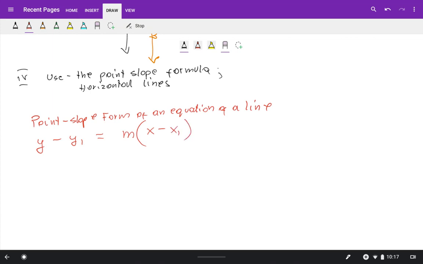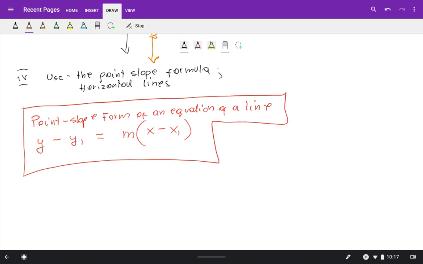This is point slope form of the line, where in this formula m is a slope